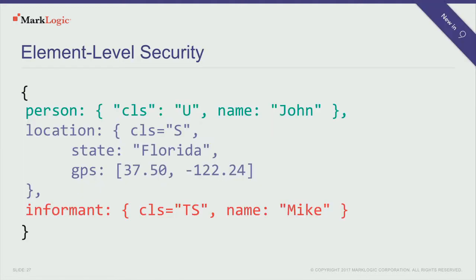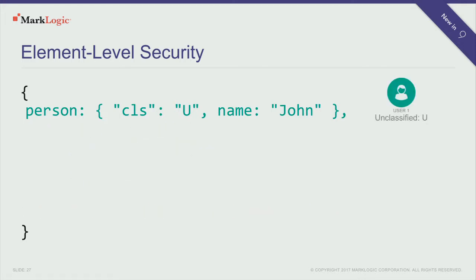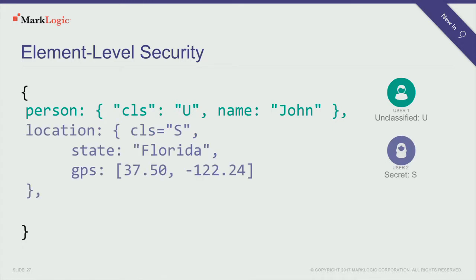What we've done in MarkLogic 9 is to increase the granularity of how you can assign permissions on your documents. So rather than having it just at the document level, you can now say, for example, my unclassified users can only see the name of the person that was in my suspicious activity. Whereas my secret users can see not just the name, but they can also see the location that suspicious activity happened. And notice that I can use information in the document itself. So I've got CLS equals S for my secret user. I can use that to define that security policy.